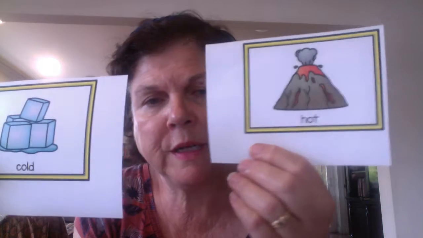Another one of our senses is touch, feeling, right? Feels. See a hand on there, just like we do, a hand. So lots of adjectives can describe what something feels like, okay? So we could have another set of opposites. We could have cold and hot. Those are opposites, but they are also describing what something feels like.